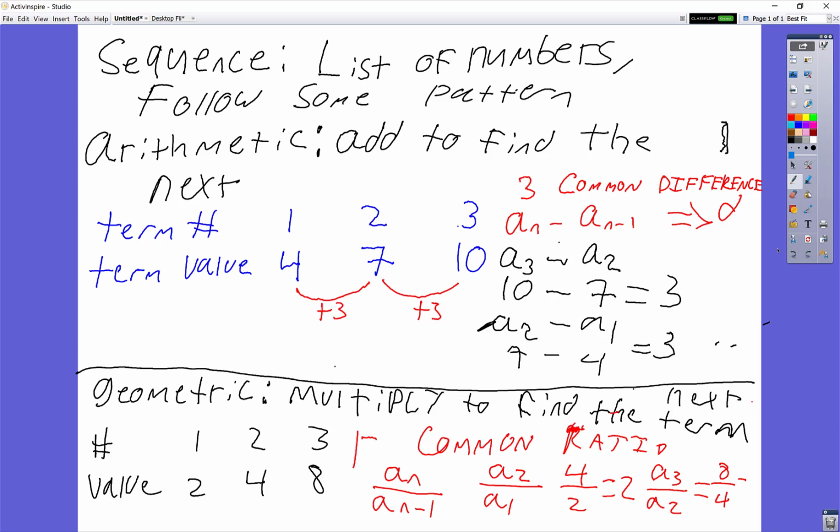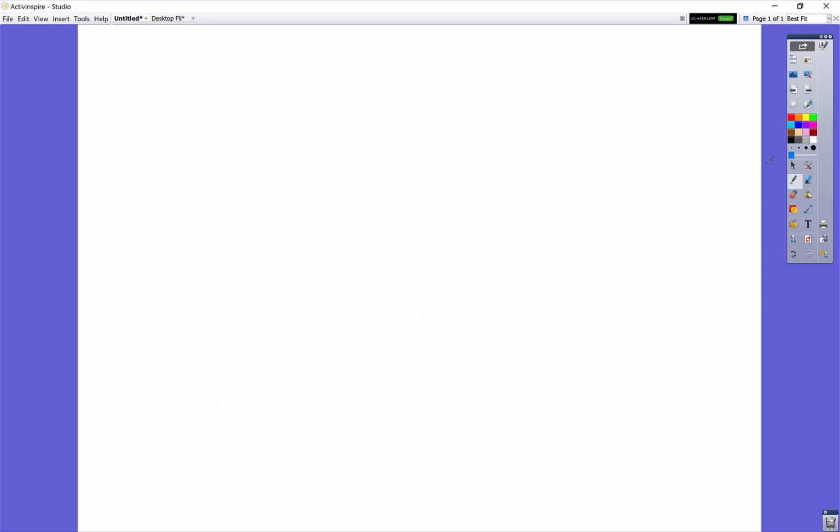I think it's taking a while, but I'm going to list out just formulas for arithmetic, geometric, recursive, and explicit. Okay, so we have